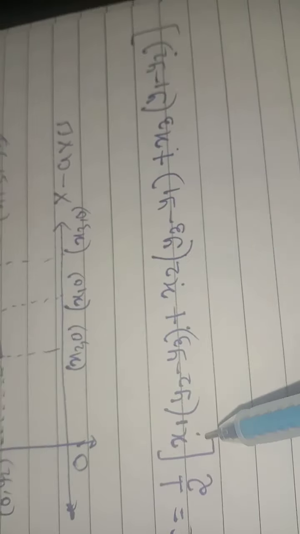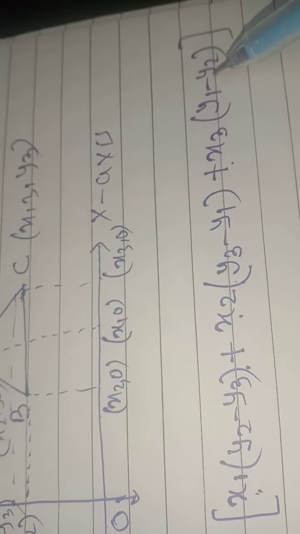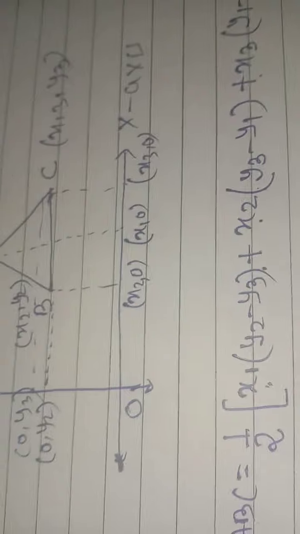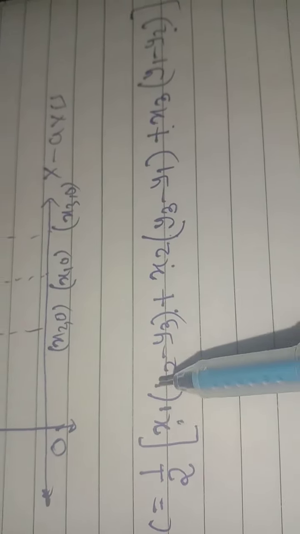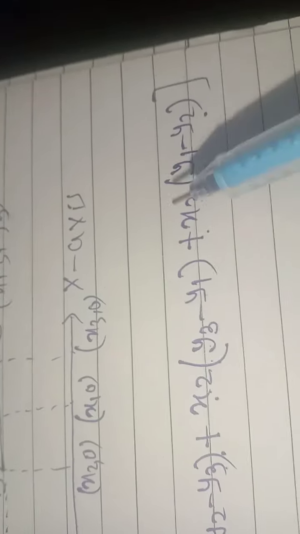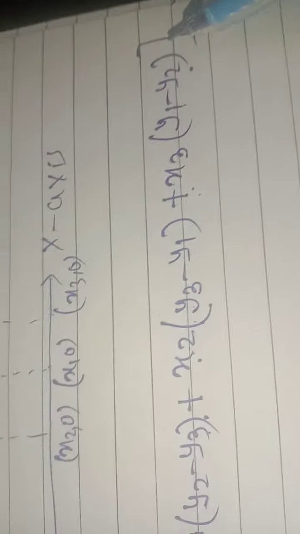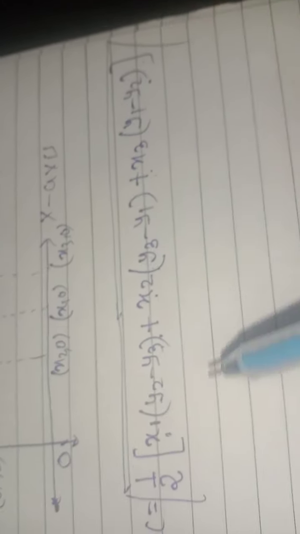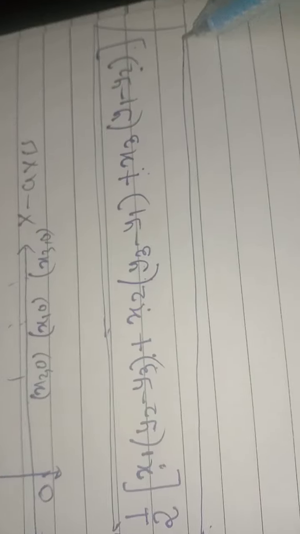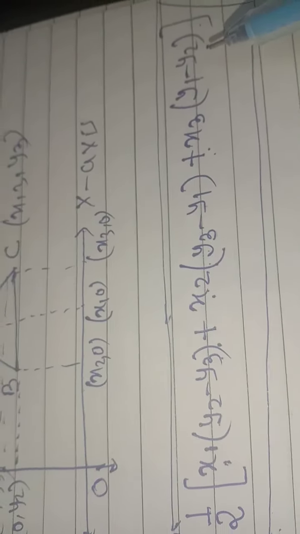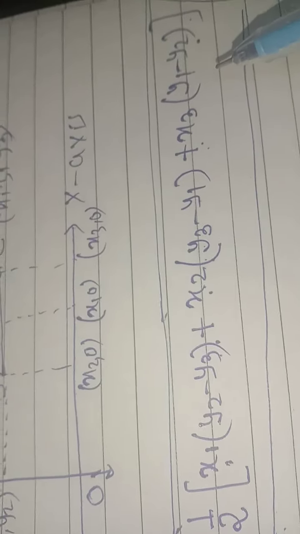So I am just going to find out in terms of x. In terms of y also there is a formula: half, then y1 (x2 minus x3) plus y2 (x3 minus x1) plus y3 (x1 minus x2). We'll consider only one formula, this one, no need to go for both the formulas, we'll get the same answer, so not necessary to get a burden of the formulas. So using this formula we are going to find now area of triangle.